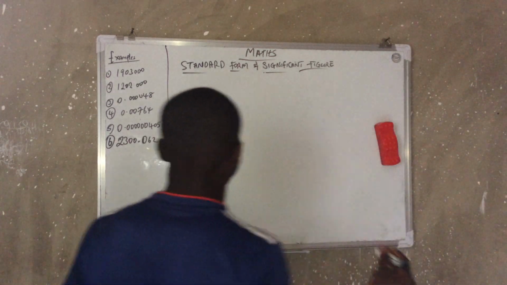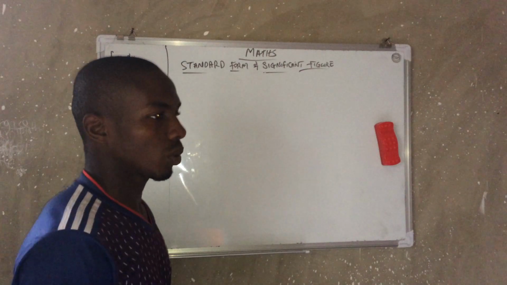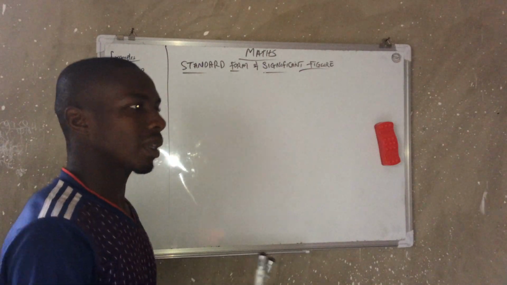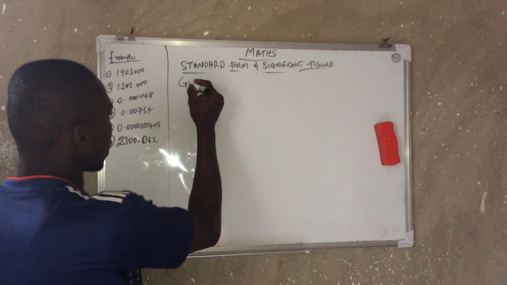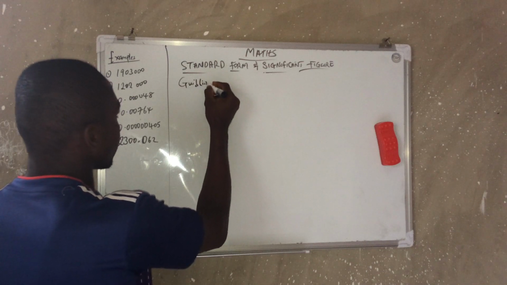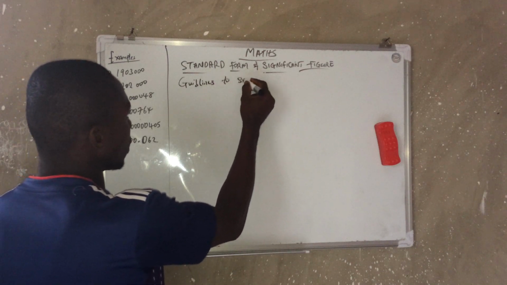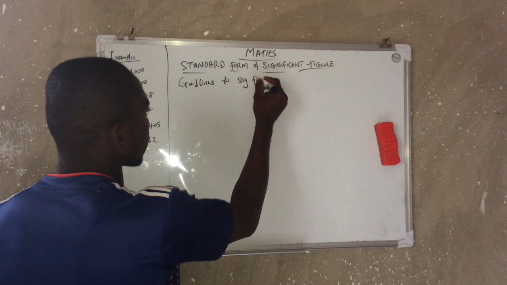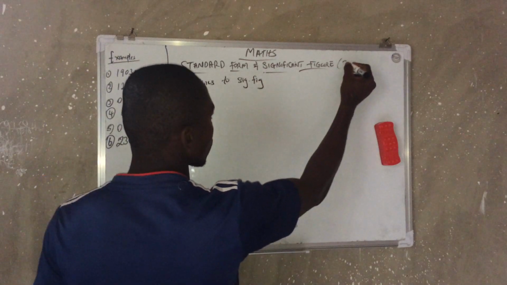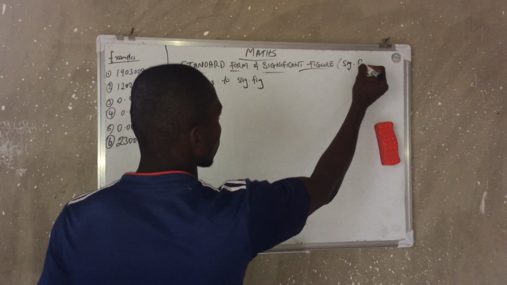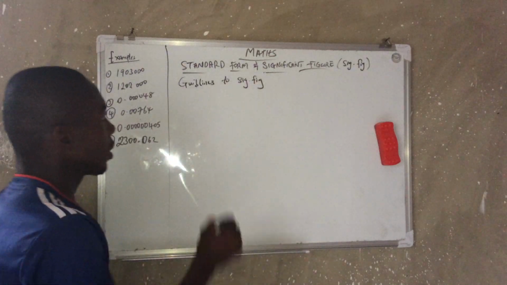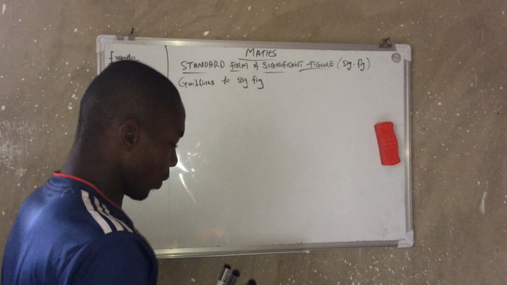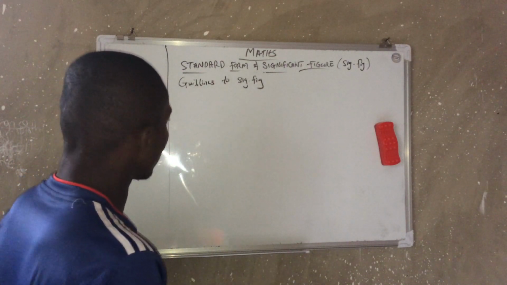Some of the rules, call them rules, laws, or guidelines. Let me just say guidelines to significant figure. So number one,